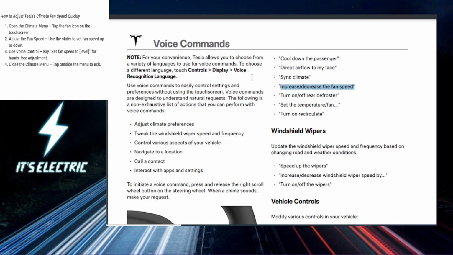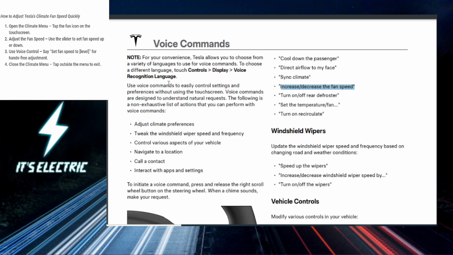And once you are in the climate menu, guys, you want to locate the fan speed slider. So you can either tap on it or swipe left and right to increase or decrease the speed. If you swipe left, you decrease it, and you swipe right, you increase it, okay? So a higher number will actually push more air into the cabin while a lower number keeps it gentler